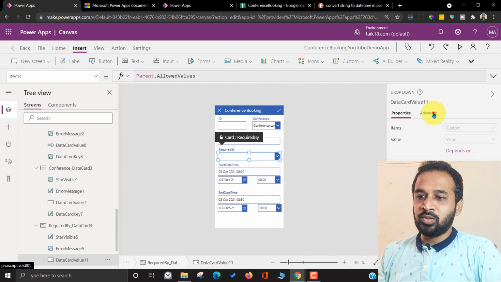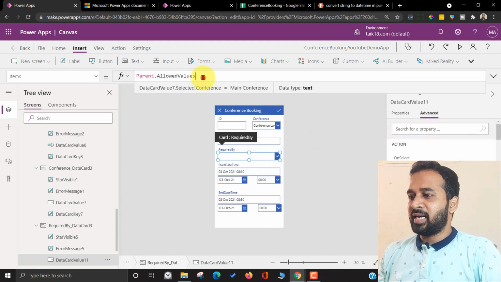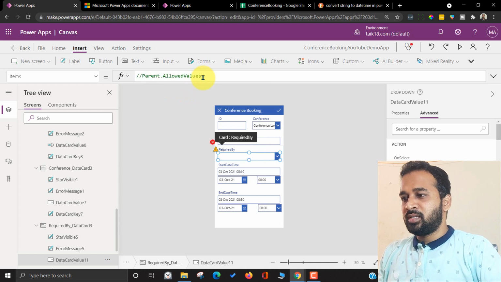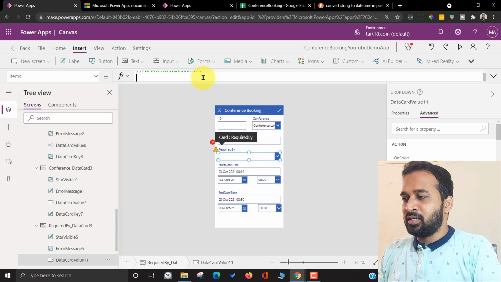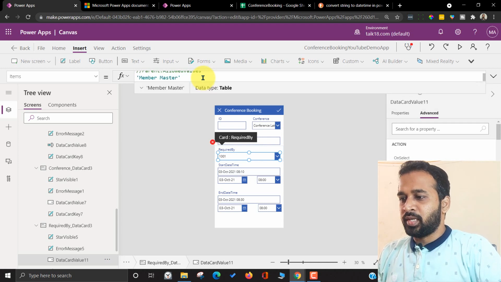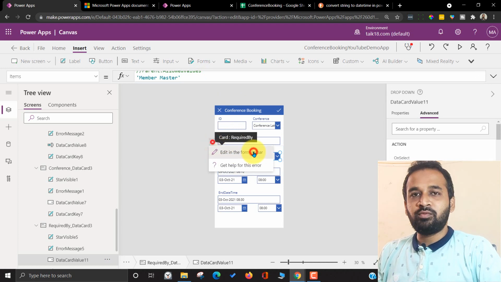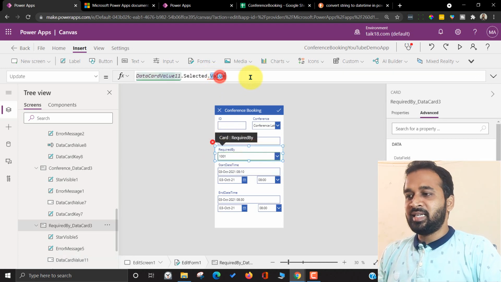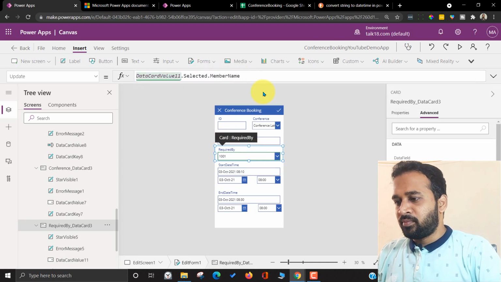Go to the advanced tab and unlock it, and then in the items section, instead of Parent.AllowedValues, add a new value which is actually the member list, Member Master. Now we have an error. Click on this error icon and click on edit in formula bar, and in Selected.Value, I just need Selected.MemberName.